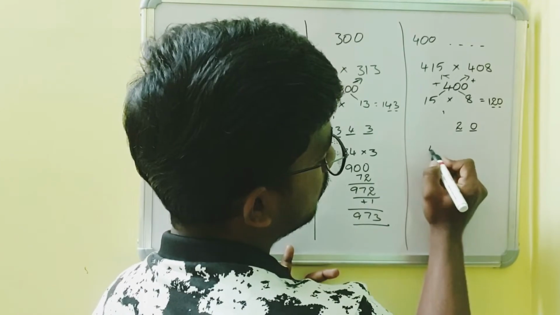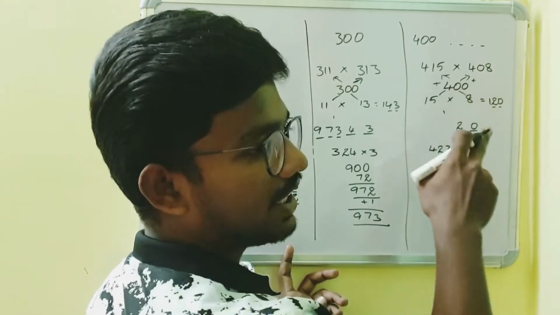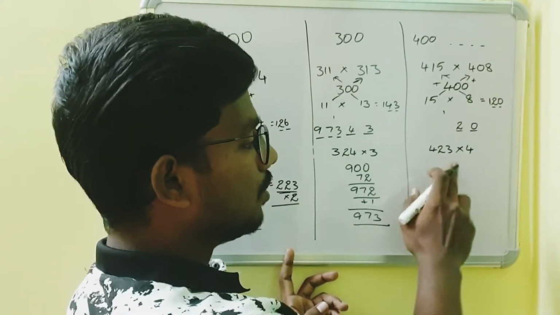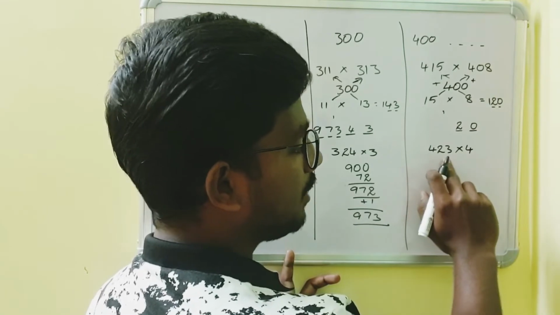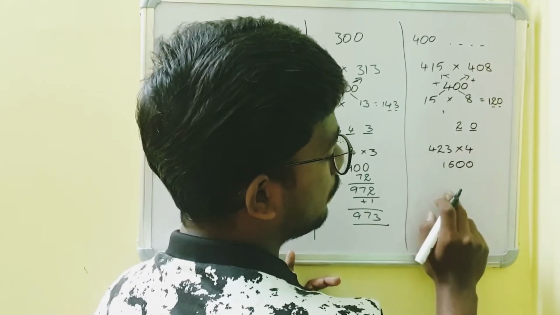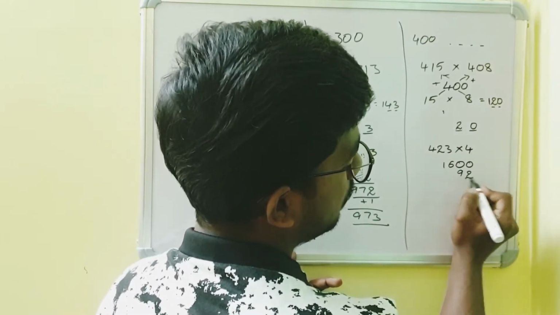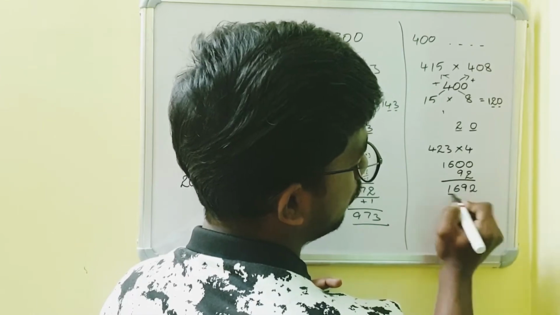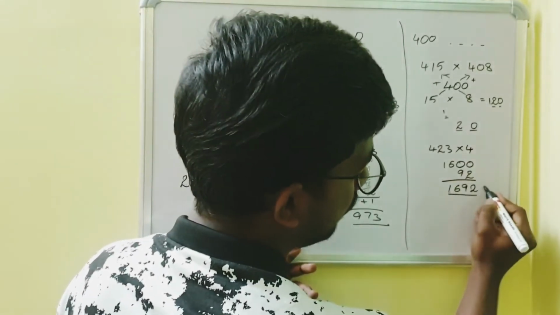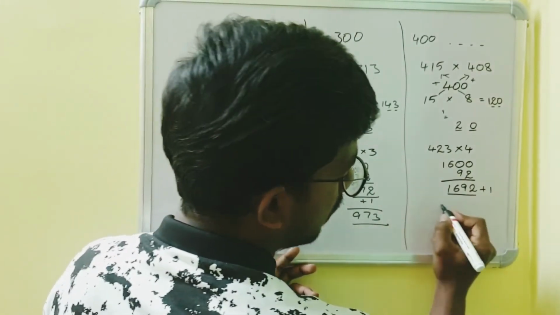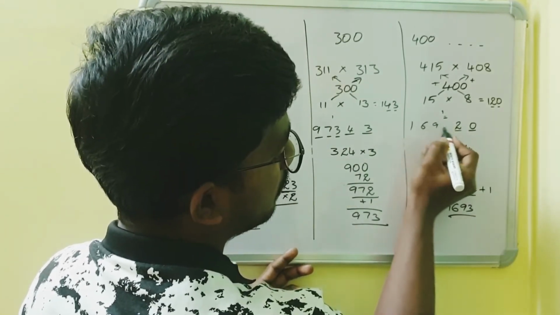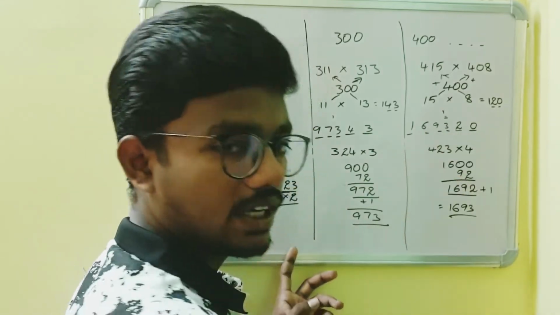But 400 is a multiple of 100 into 4, so we have to multiply this with 4. Now to get the answer, I will multiply 400 into 4 first, which is nothing but 1600, and the remaining 23 into 4, which is nothing but 92. So my answer is 1692 for 423 into 4. There is a carried forward value which is 1, so after adding the carried forward value, I will get 1693. After placing it here, I will get 169320 as my required answer.